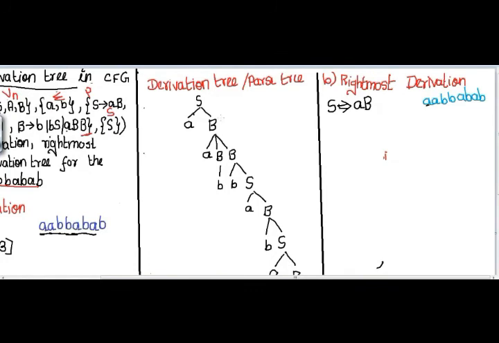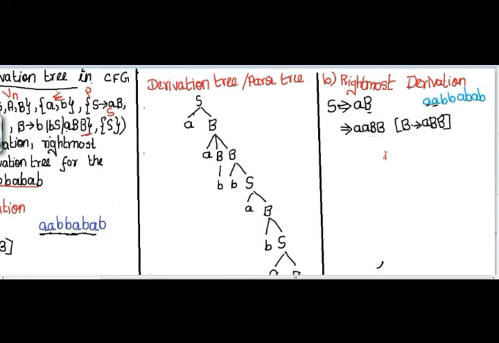So the same diagram is drawn here. Here I have the capital letter B, a non-terminal B. Now I have to see the B production. I have three B productions: B tends to B, B tends to BS, B tends to ABB. As I need the second character as A, I am going to substitute the production B tends to ABB. The same thing is drawn in this diagram also, that is B tends to ABB.